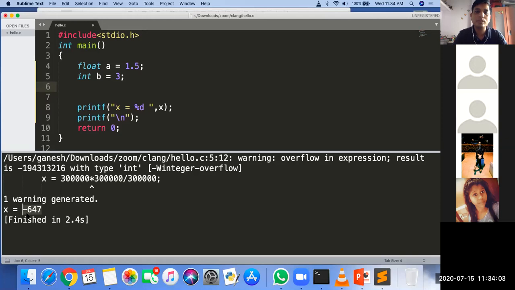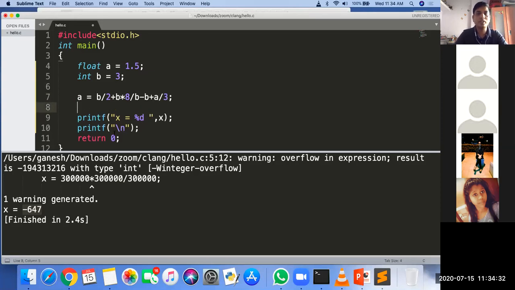Okay, sir. So here b is equal to 3 and a is equal to b divided by 2 plus b multiplied by 8 divided by b minus b plus a divided by 3.